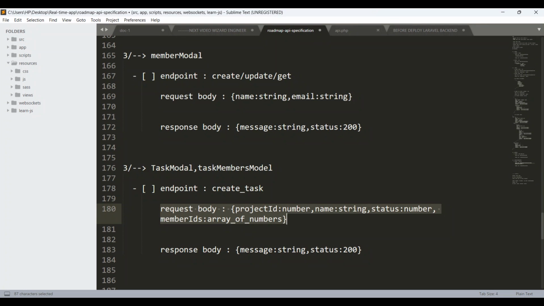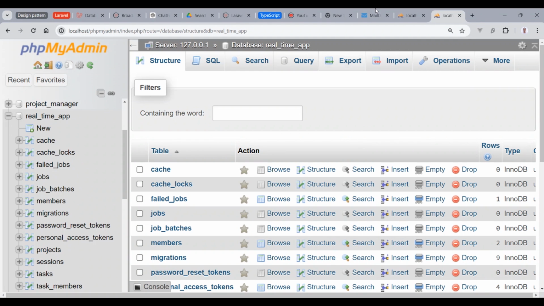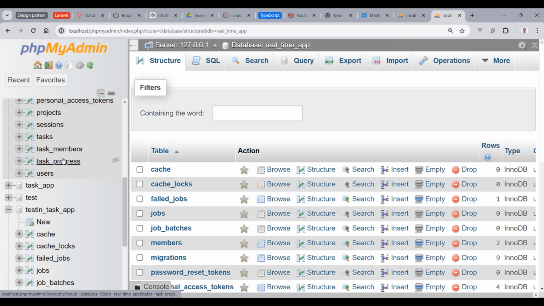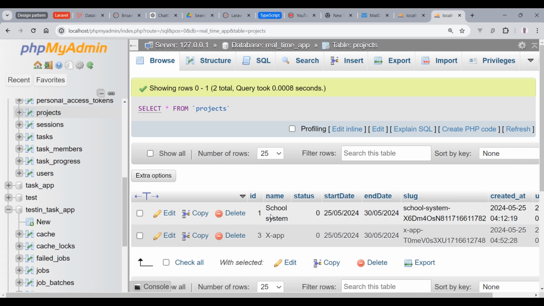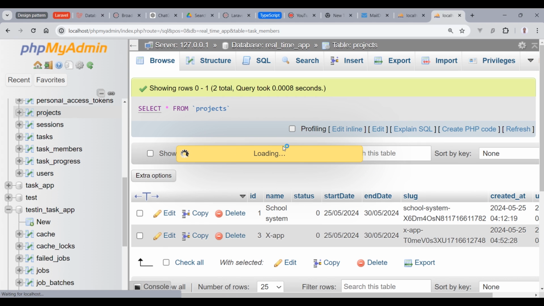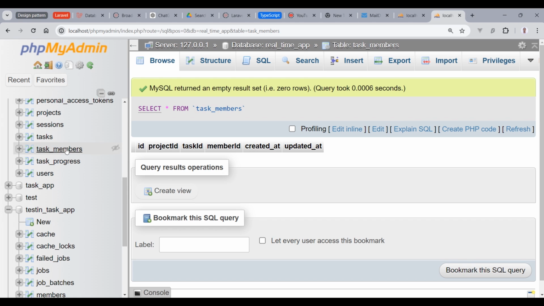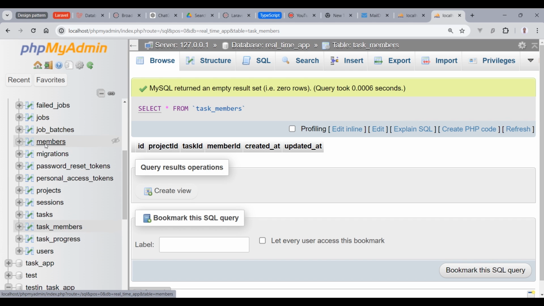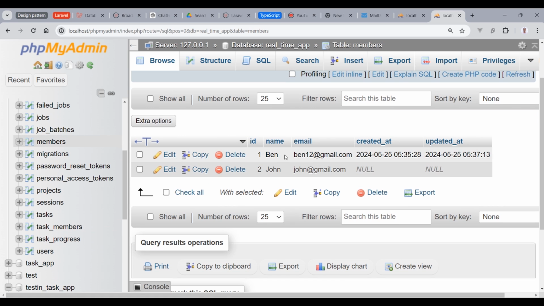And if we get into first within our database, here you're going to see we have a table. If we get into the projects, let us see the IDs of the projects that we have. Right here you can see we have 2 projects with ID 1 and 3. For members, let me check the members table right here. Within the members table, you can see we got 2 members, Ben and